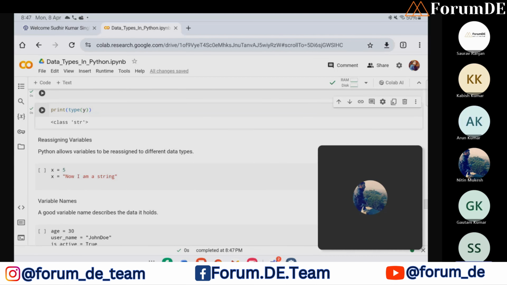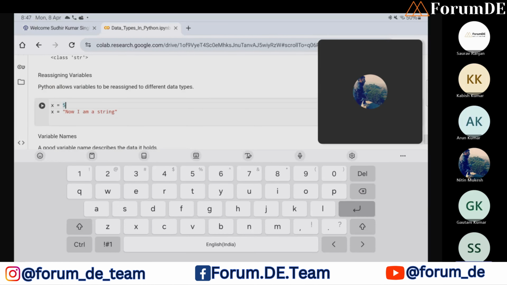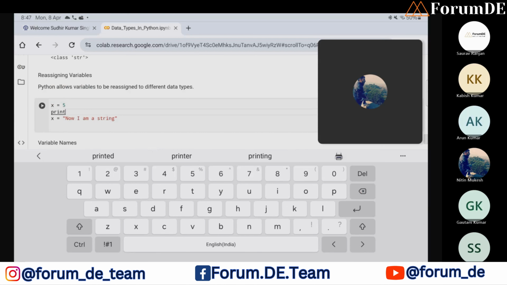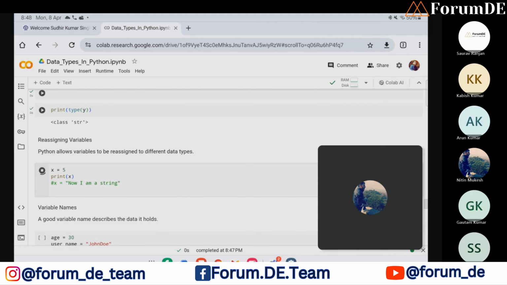And we can assign one value to a variable. Then in the next line, we can also change its value. First we assigned X equals 5, and let me print X first. Let me just comment this part. So now you are getting X equals 5.